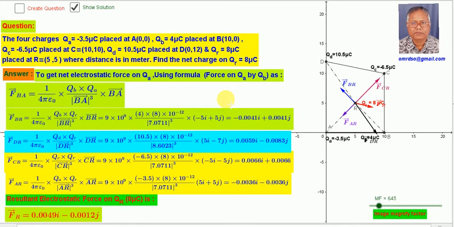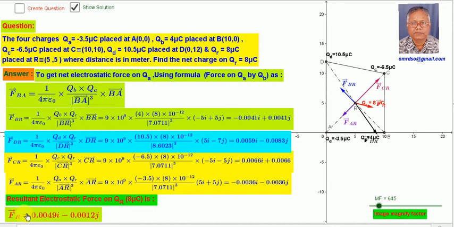The simple method is that if you want to find out the force on R due to two charges only, take those two charges accordingly and put the rest of the charges at zero, and you will get the same thing. So this same process can be used for different cases also. Here the net force I calculated as Fr is equal to Fbr plus Fdr plus Fcr plus Far.